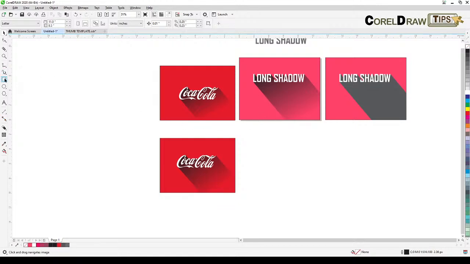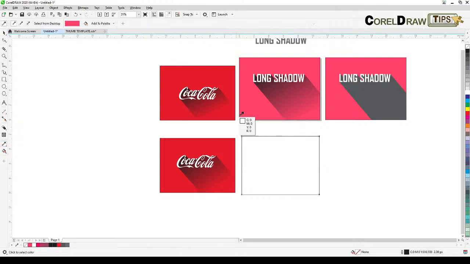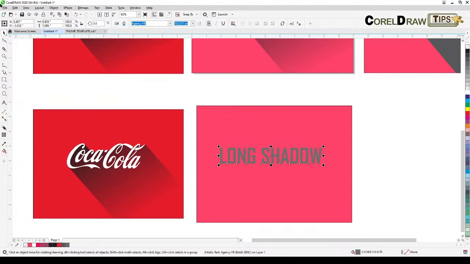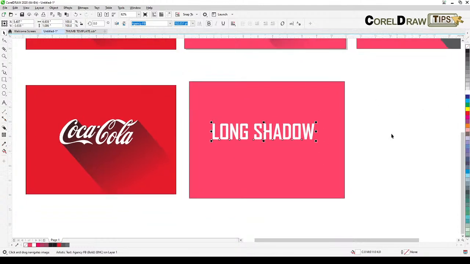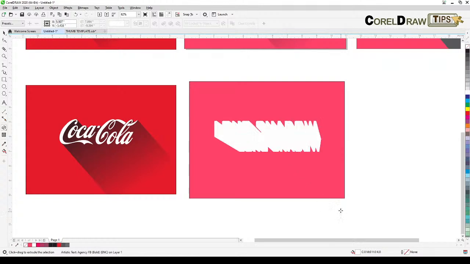All right, so now let's go to this one here. What I'm going to demonstrate here is, what if you have the older CorelDRAW, right? And you don't have that option of the block shadow tool. So here's what we are going to do for that. Say this is my text here. The Extrude tool will work for this. It's here, Extrude. So if you click on Extrude